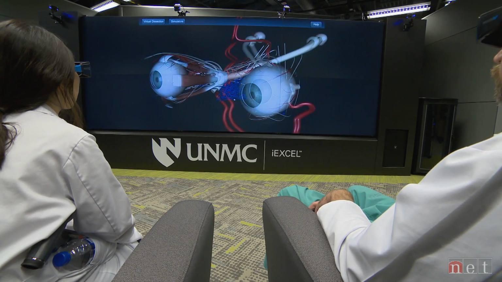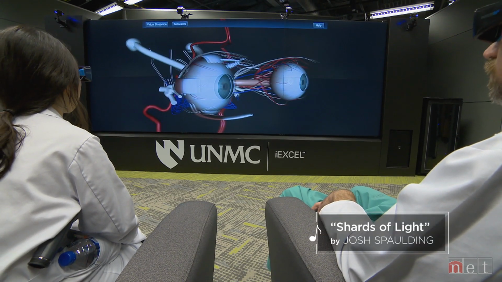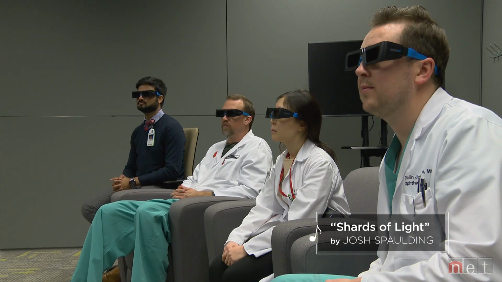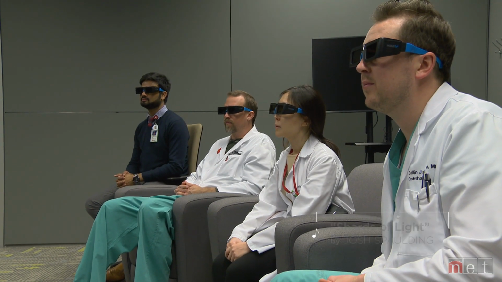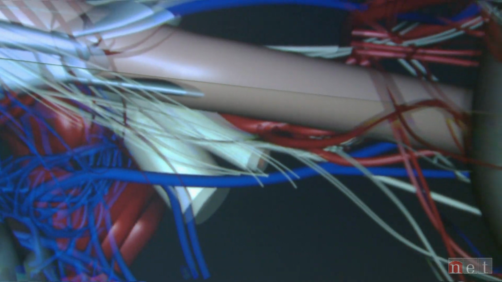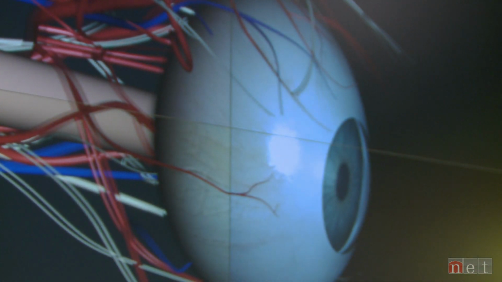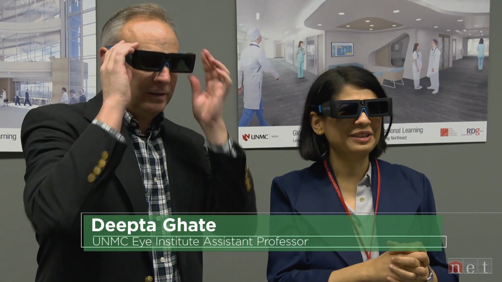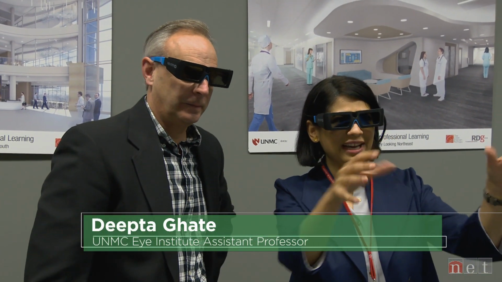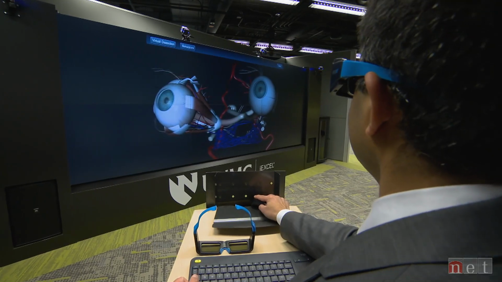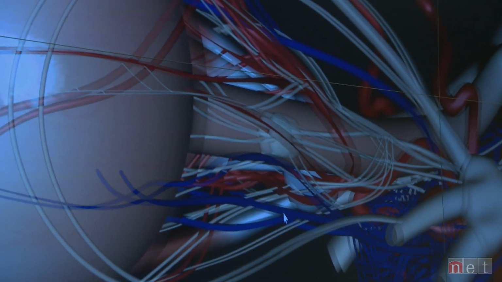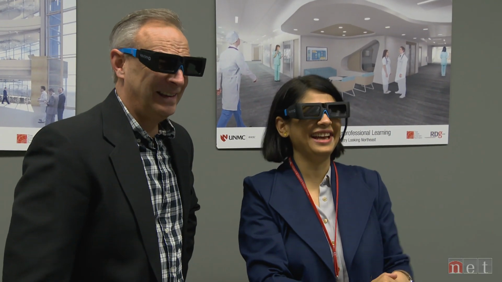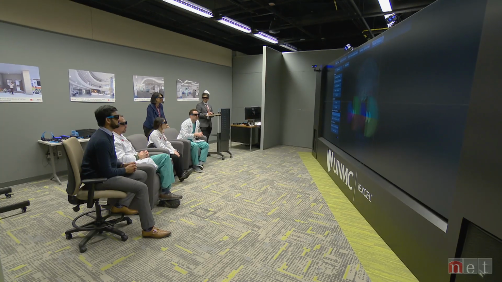This is a simulation that gives in three-dimensional detail ocular and orbital anatomy. So all the blood vessels, the muscles, the nerves of the eye, and where they lie in position to the eyeball. So I put these on and I'm gonna see what? Yeah, you see the whole globe. These are the eyes, and the optic nerves move back, and that's the brain right there, where you're seeing it crossing in the middle. That's a big eye. Yeah, it is a big eye. A big eye, part of a big idea.